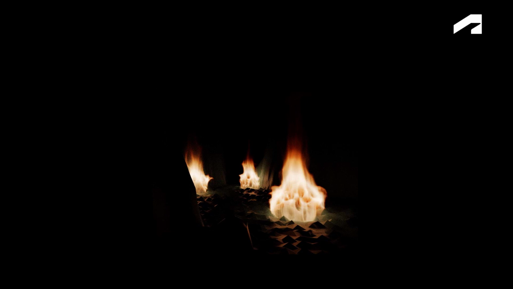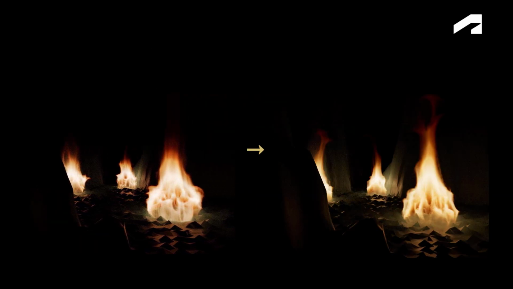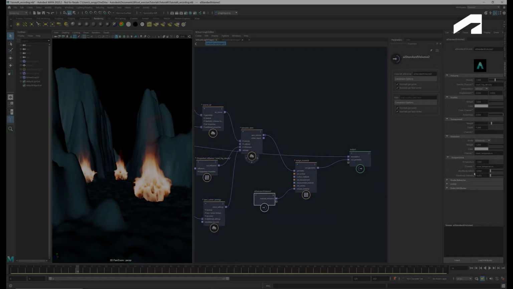Now the questions are, how do we have more control of the details so that we can further improve the look of it? Is there a more efficient way of introducing variations? How do we quickly alter the look of it to try out different design ideas? I'll talk about all these in the next